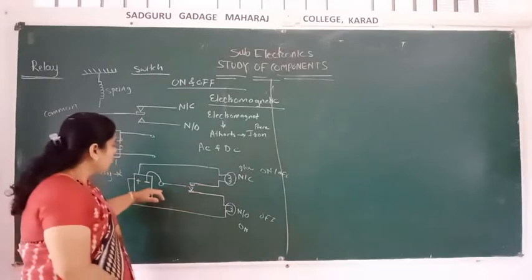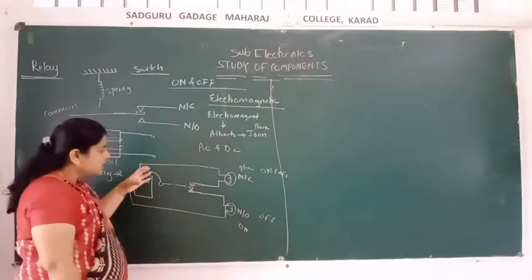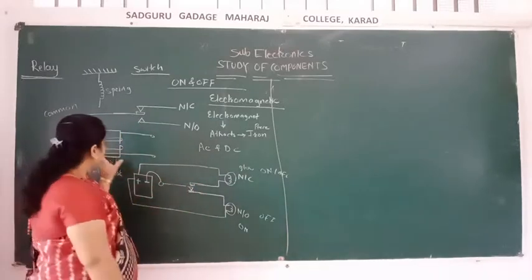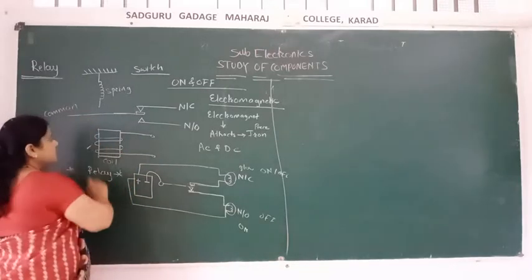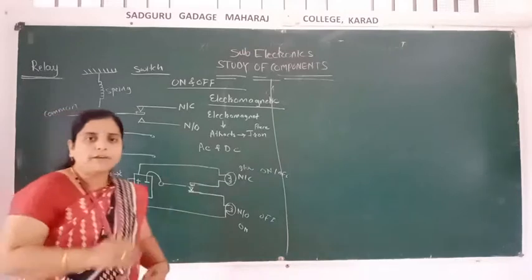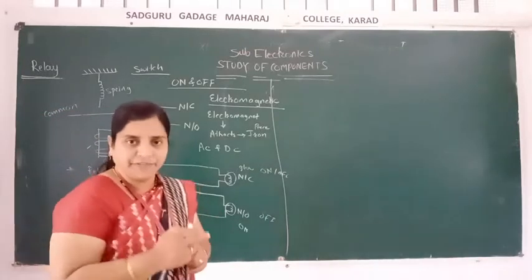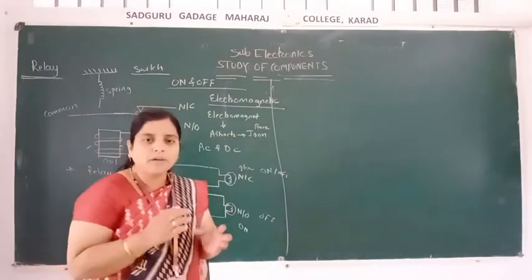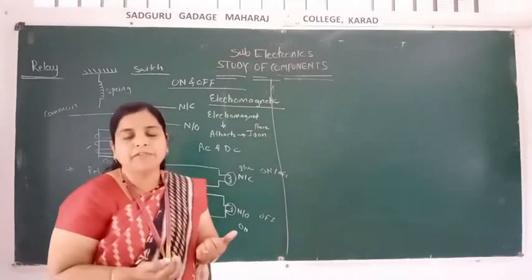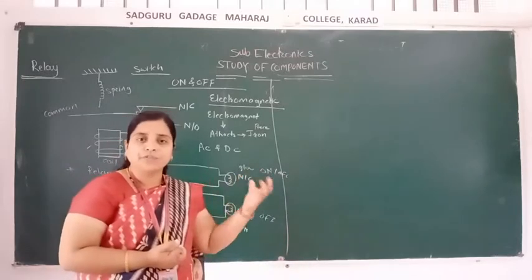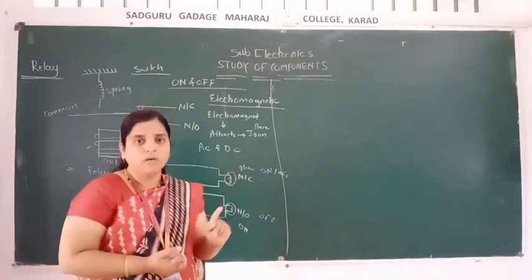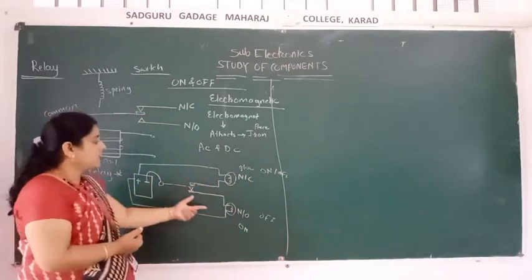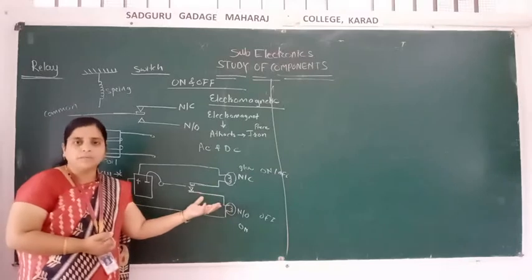So why, if the supply is given, why does it go down? Because one coil is there. What happened in this coil? So the coil always produces the magnetic field. Because of the magnetic field, what happened? EMF is produced. EMF means what? Electromotive force is produced. If electromotive force is produced, then current will flow. And when current flows, at that time the bulb will glow.